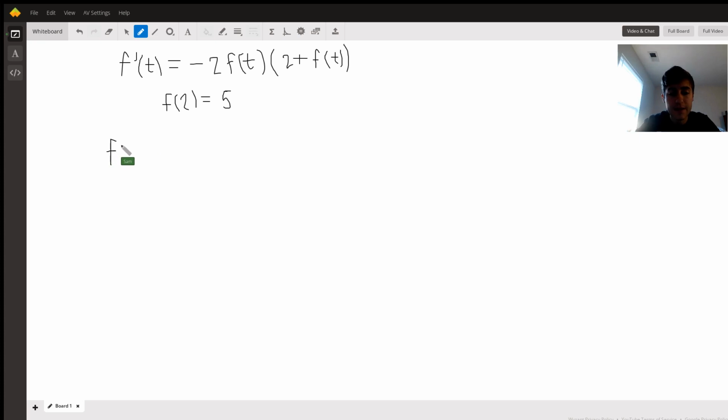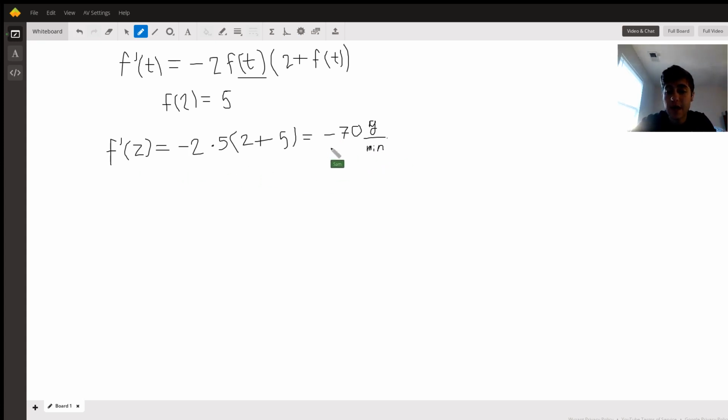In other words, we can say that the rate of change at t equals 2 is equal to -2 times f of 2, but f of 2 is going to be 5, so that's -2 times 5, and that's all multiplied by the quantity 2 plus f of 2, but f of 2 is again 5. So we have 2 plus 5, which is 7, and -2 times 5, which is -10. -10 times 7 is -70, which means that the solid in the water is dissolving at -70 grams per minute. So every minute, 70 grams of the solid is dissolving into the water,